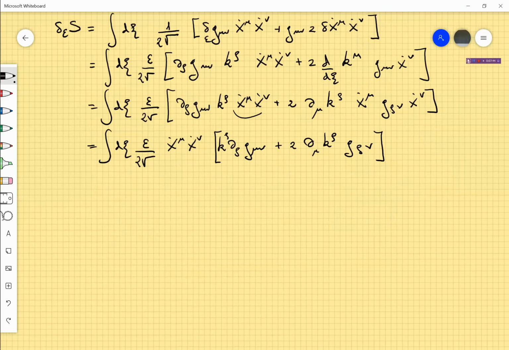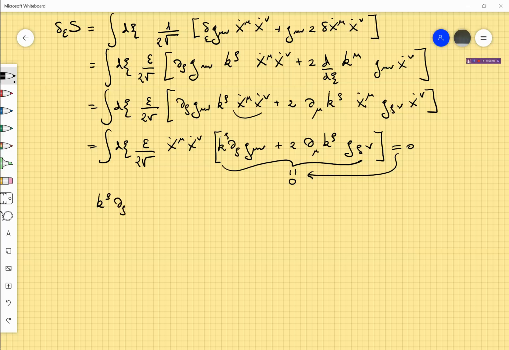Okay, the question is, when is this a symmetry? When this delta epsilon of s is equal to 0. Okay, there are no total derivatives, so the only possibility is that this factor vanishes identically. So this is 0 if this is 0. This equation, which we have met before but written in terms of epsilon mu instead of k mu,